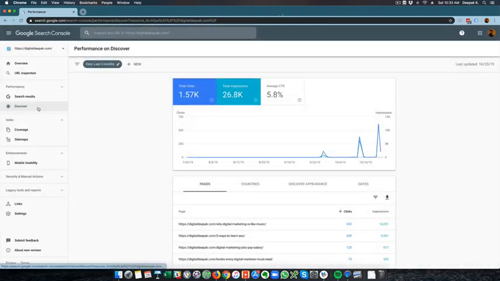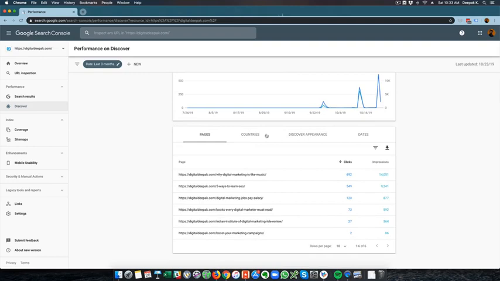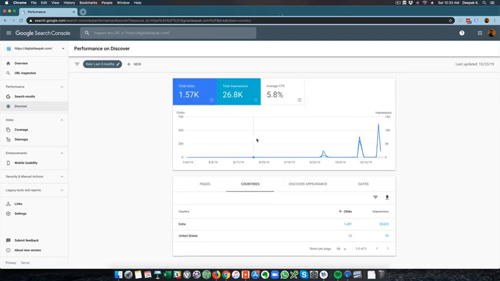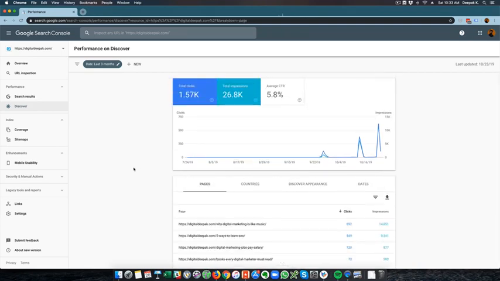So you also have a tab called Discover. So here you will be able to find out some new opportunities for content. Right now there is not much data in this, and it takes some time for the data to be collected. So here it will list the latest blog post that you have published.